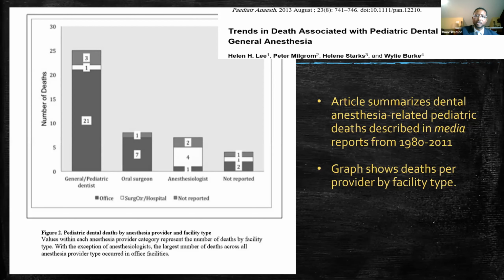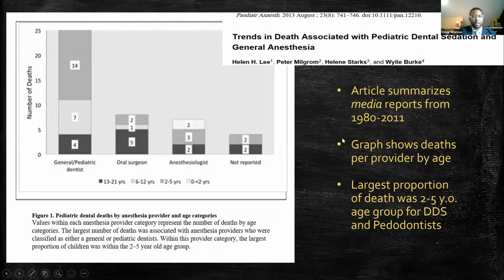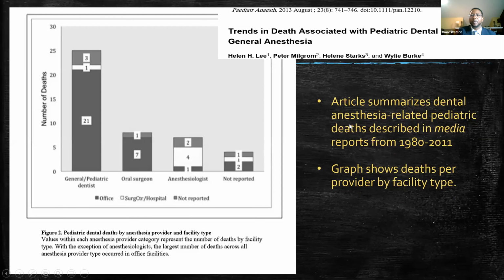There were certain exclusion criteria that allowed them to identify the anesthesia providers and the deaths associated with them. In a 30-year period, it showed the deaths per provider by facility type. Most of the deaths were by general dentistry and pediatric dentists, followed by the oral maxillofacial surgeon,